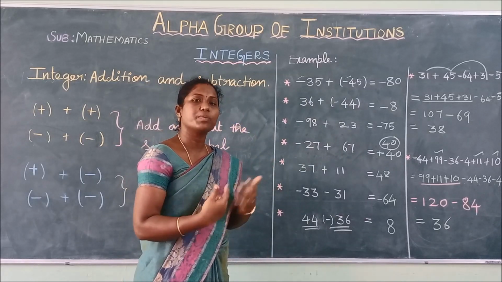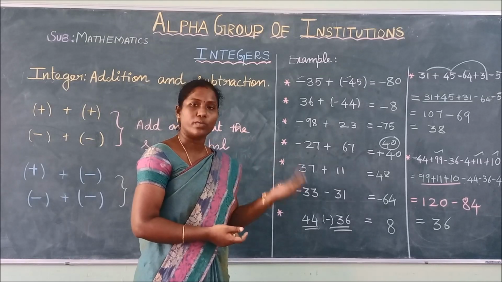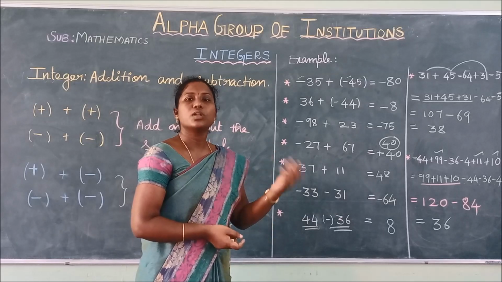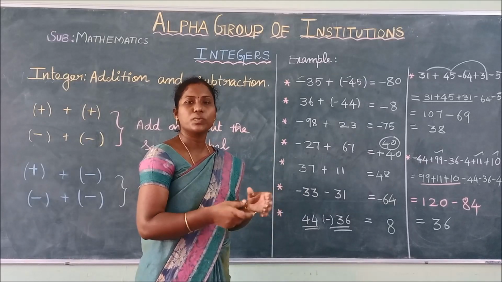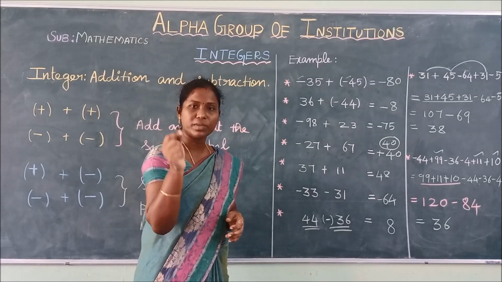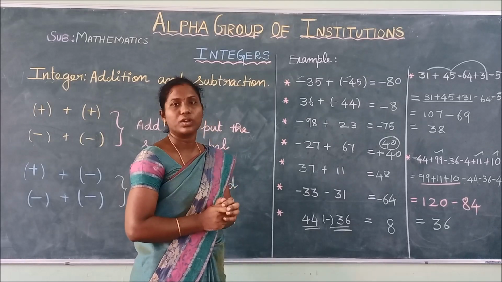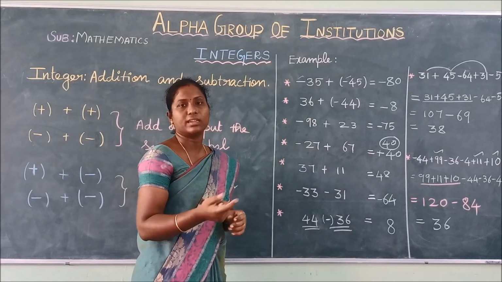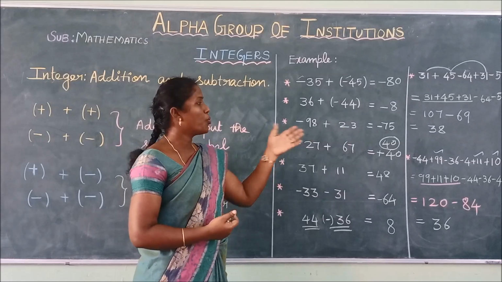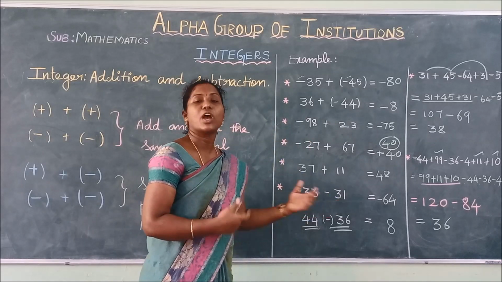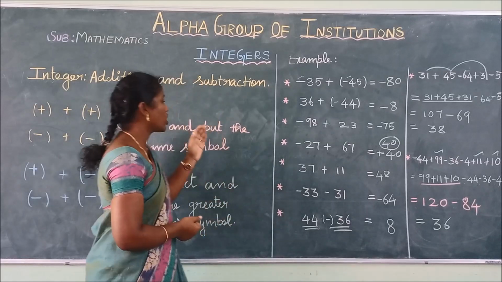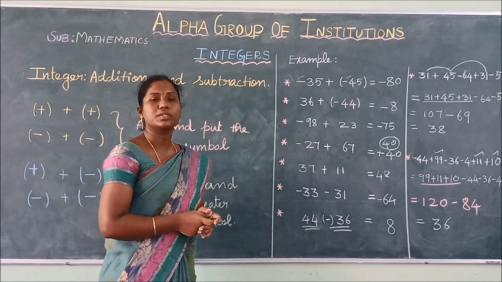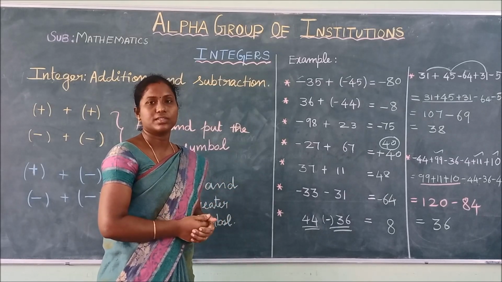Whatever chapters in mathematics we are solving, integers play an important role. Without addition and subtraction calculation, we can't solve any problems in mathematics. So you have to be thorough with the sign also. We make small mistakes in sign. We know addition and subtraction, but we have small doubts about which sign to put in the answer, plus sign or minus sign. And with opposite signs, if the expression is there, we have to add or subtract. So if you are thorough with these rules and solve these examples, you will be very clear in using the addition and subtraction of integers.